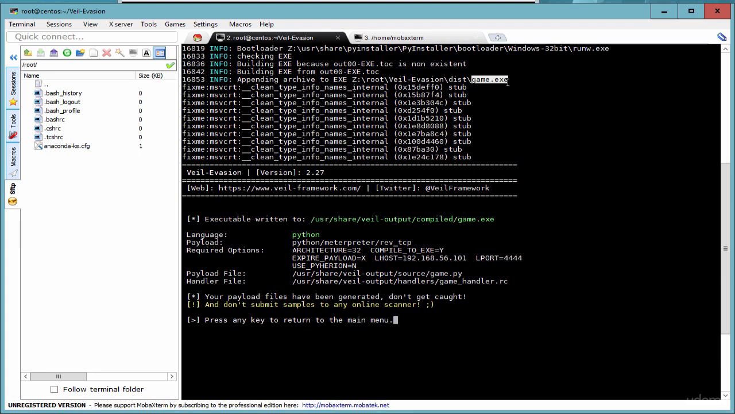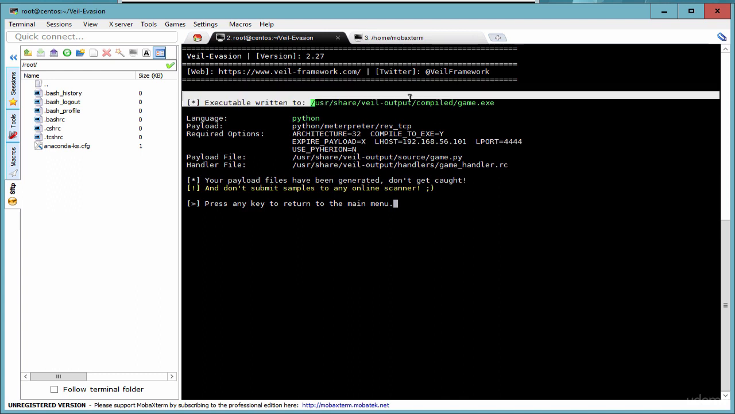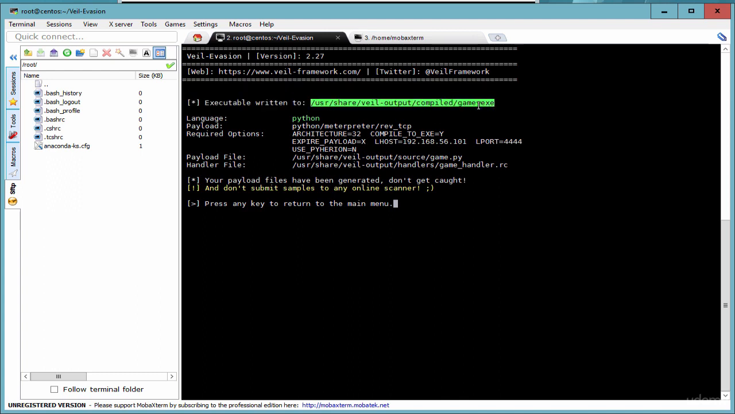As you'll see here, the path name is listed as z:/root/veil evasion/dist/game.exe. So that's the encrypted file that Veil has created for us. We want to take this particular file, put it onto a USB device, and then take it to a Windows 10 machine with the latest antivirus software, and then install it on that machine, which we'll be doing in the